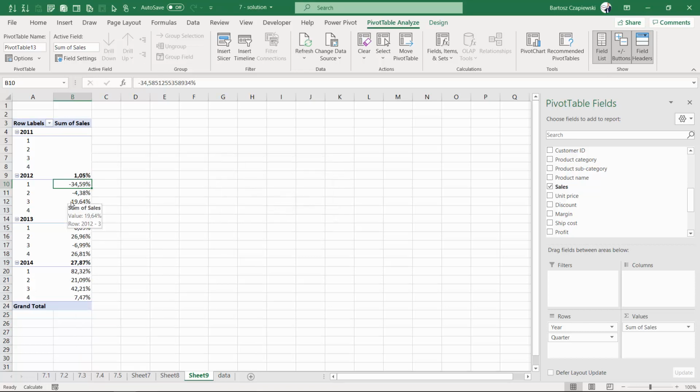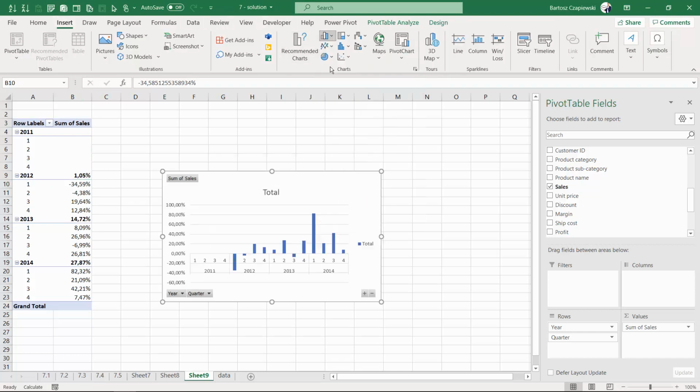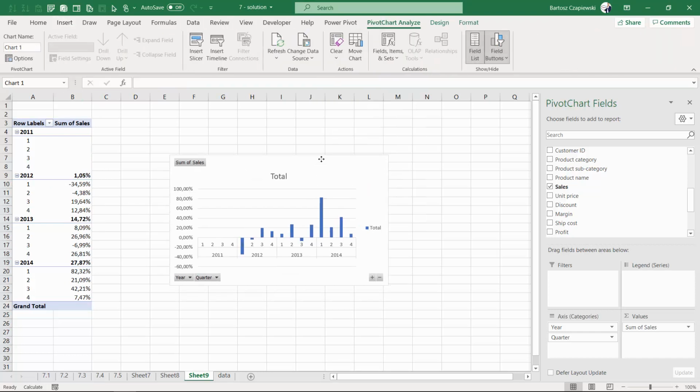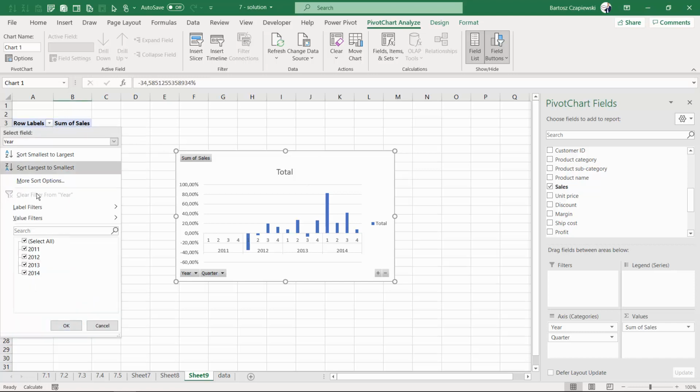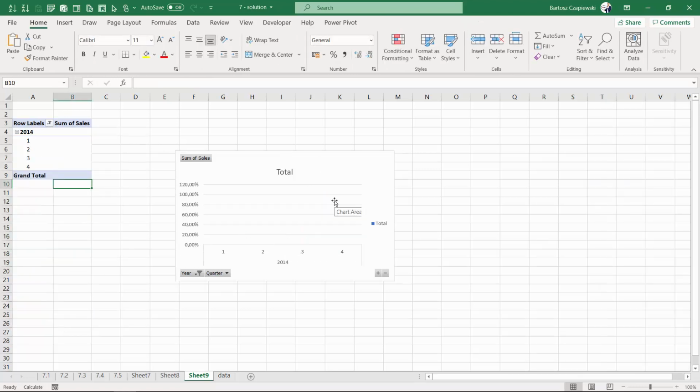And the second part of this exercise, show it on a column chart. Quite simple. Insert column chart and then show the data only for the year 2014. And this is where obstacles begin, because if you try to filter just the year 2014, the whole chart remains